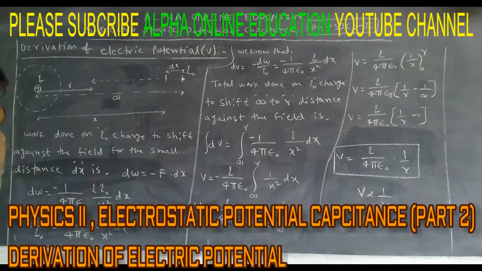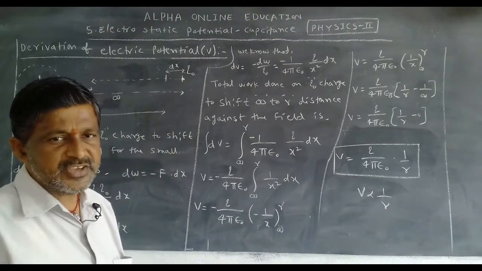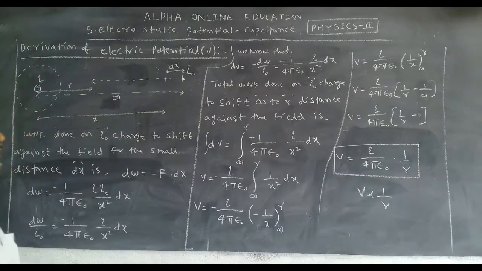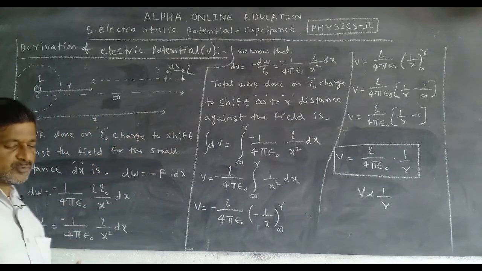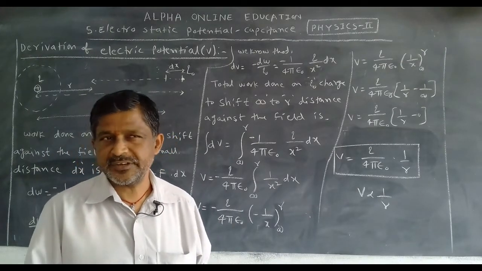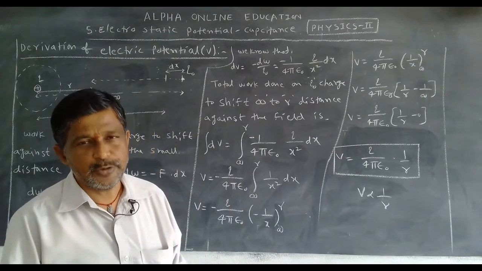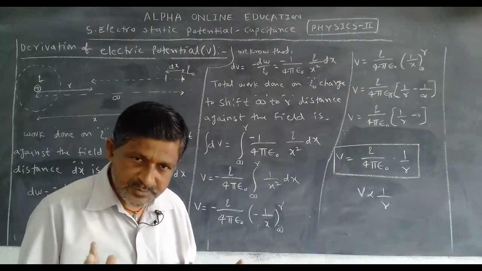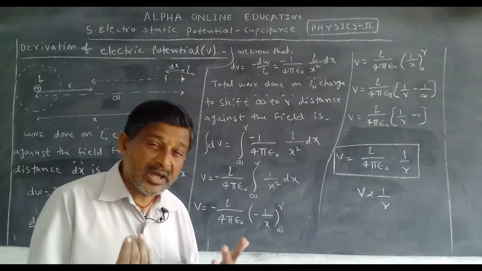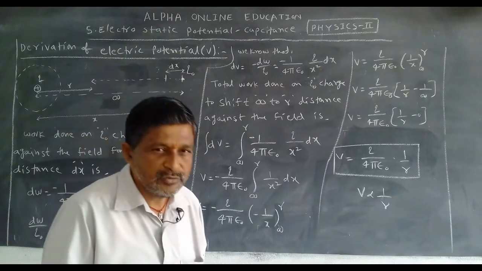This is a very important question in this chapter for 4 marks from the examination point of view. Now, derivation of electric potential. Already in the last class, you know the equation for the electric potential from the definition. What is that? V is equal to W by Q naught, or W by Q. That is the expression for electric potential as per the definition. But we have another expression for electric potential. Now we want to derive that.